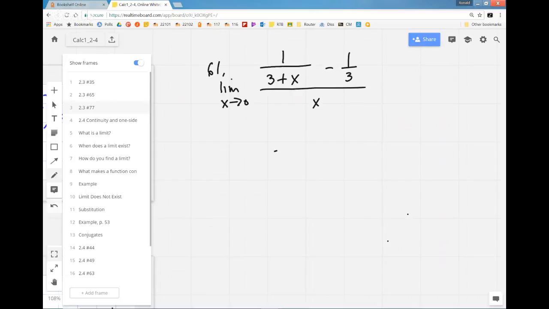Well, it would be 3 times 3 plus x, the product of the two denominators. So take both fractions times the common denominator. And in the first fraction, those cancel. And in the second fraction, the 3's cancel. So when you rewrite,